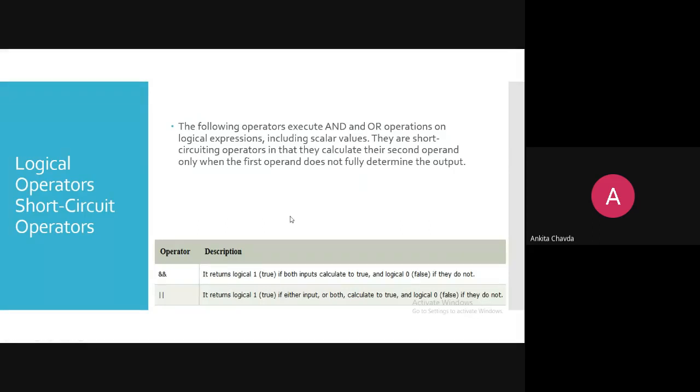That is right. Okay. So the following operators execute AND and OR operations on logical expressions, including scalar values. They are short circuit operators in that they calculate their second operand only when the first operand does not fully determine the output.